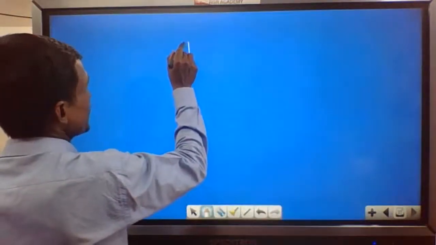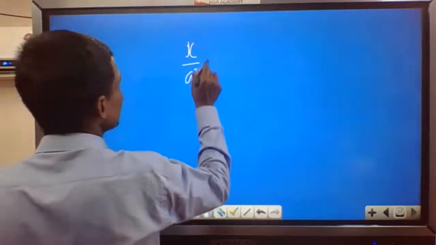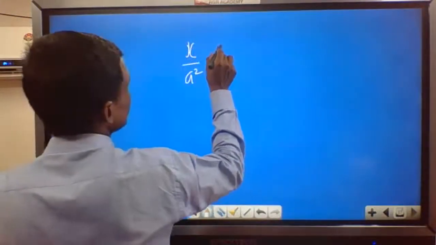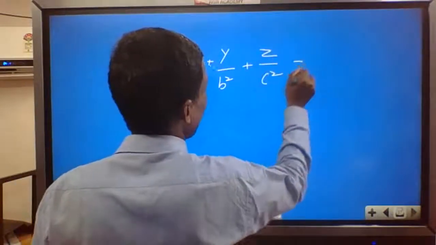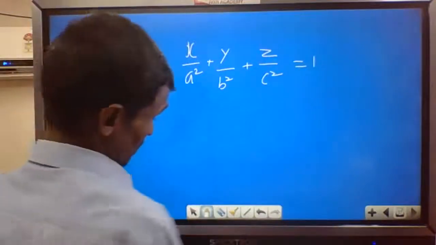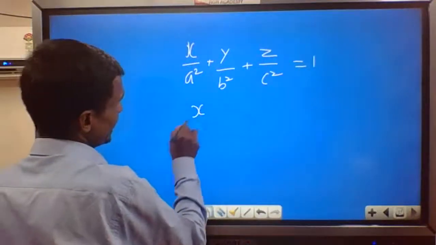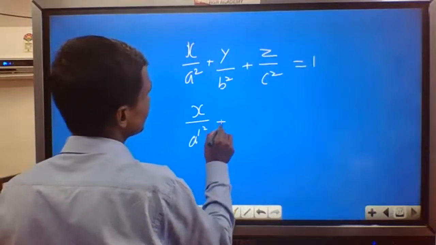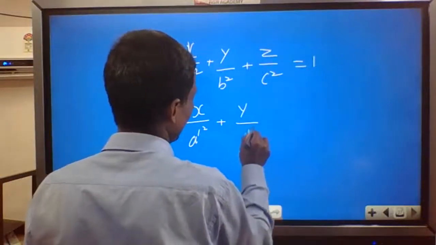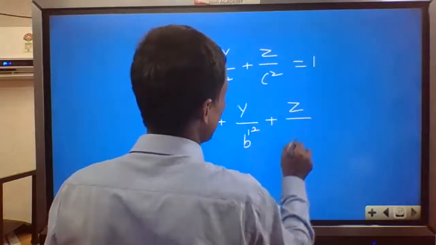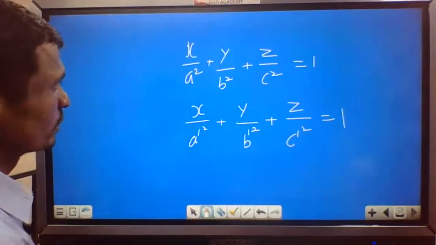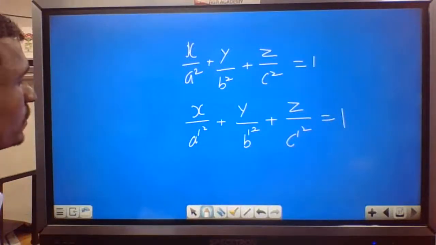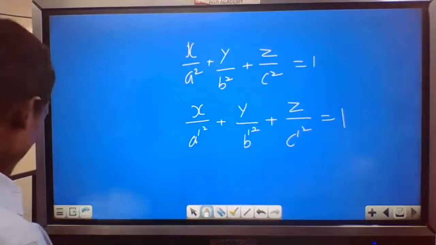We know that x by a square plus y by b square plus z by c squared equals 1. On the same thing, x by a' square plus y by b' square plus z by c' square equals 1. Equal to what? 1. So, and then